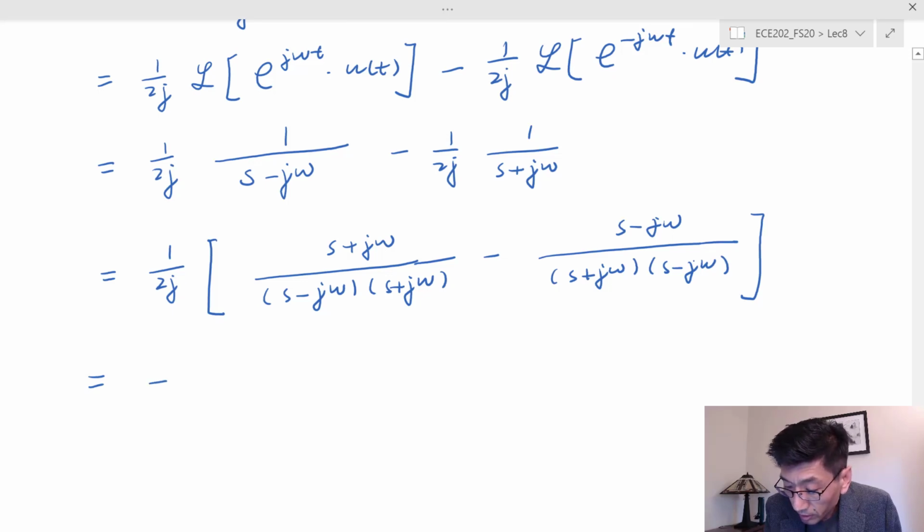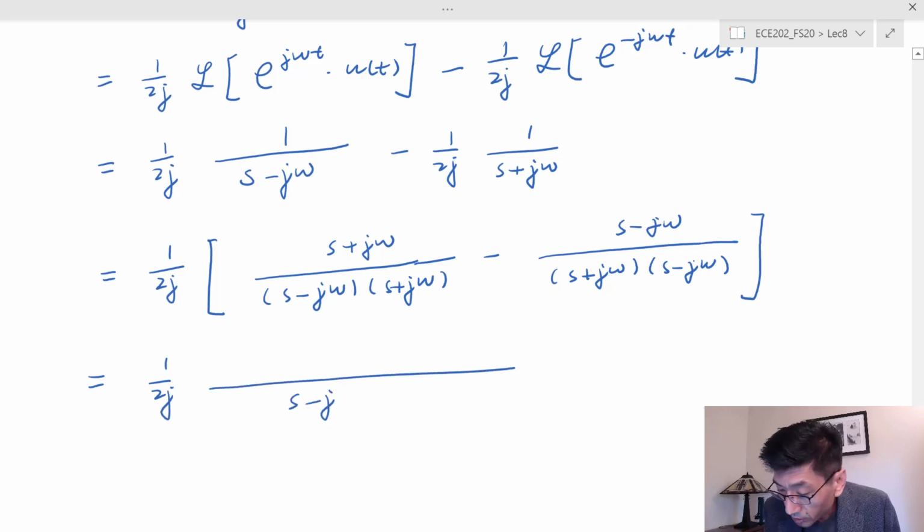So in this case, I have 2j, and I have s minus j omega. By the way, s minus j omega times s plus j omega. Let me just write this. This should be s squared plus omega squared, because a complex number multiplied by its conjugate is just the magnitude squared. And in this case, I have s plus j omega